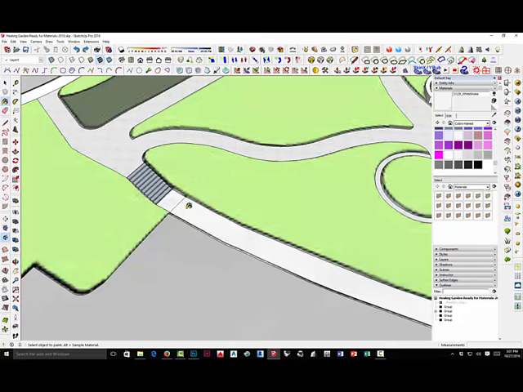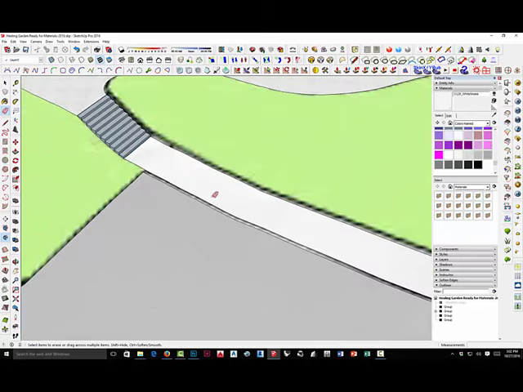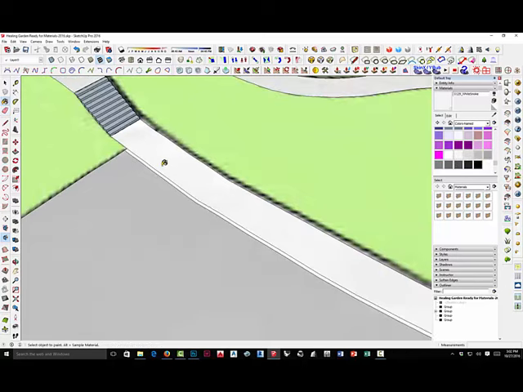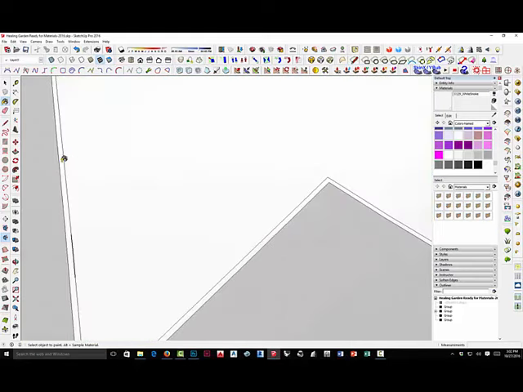Actually, this one, if you see this line in here, I might have put that in there originally. I'm just going to switch to my eraser, hold the control key down, and just smooth that off because I really want that to be all one surface. There we go. If I wanted to also to make this a little different, I could go back to my white smoke and just fill that in there. And later on, I will